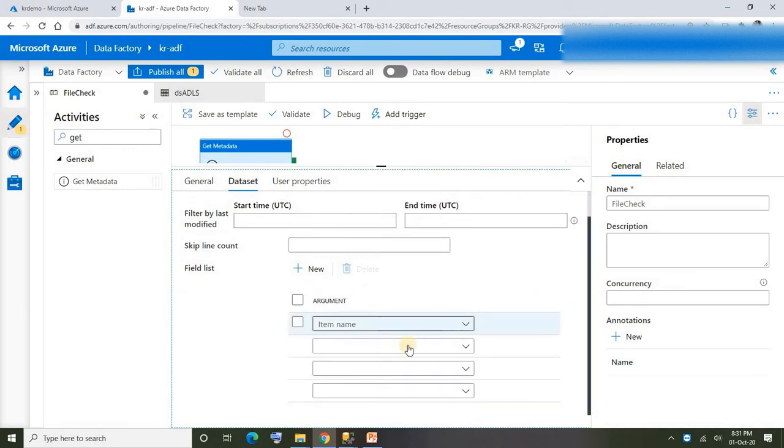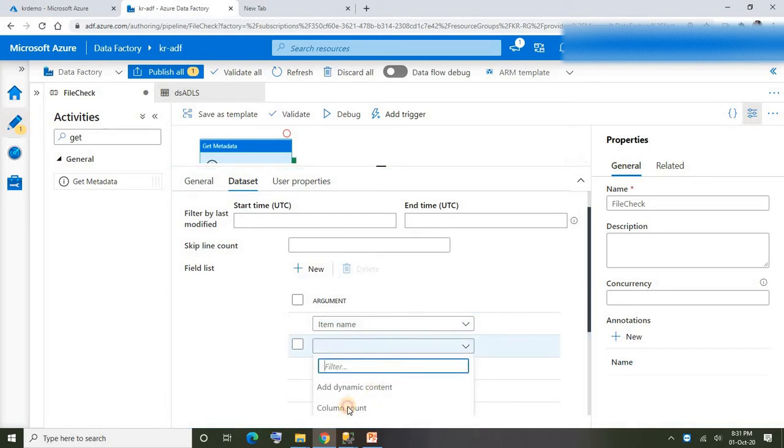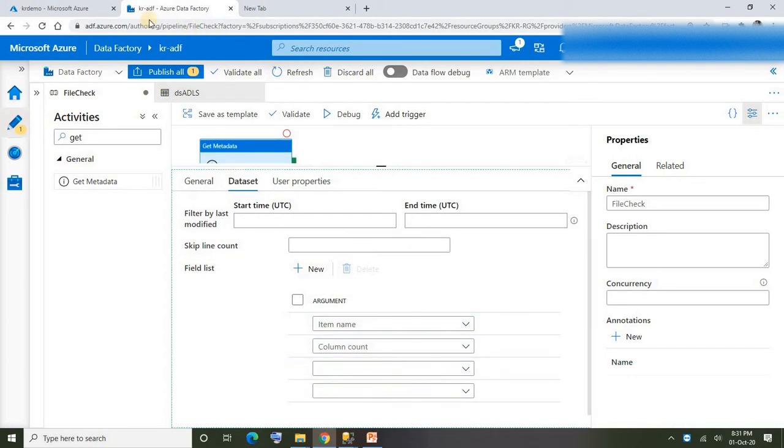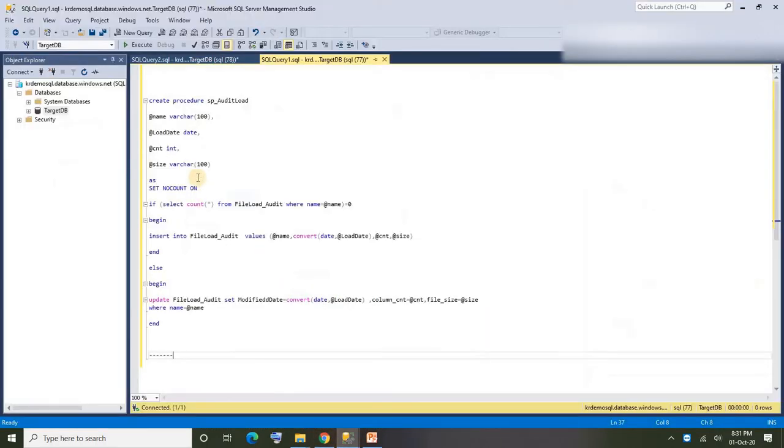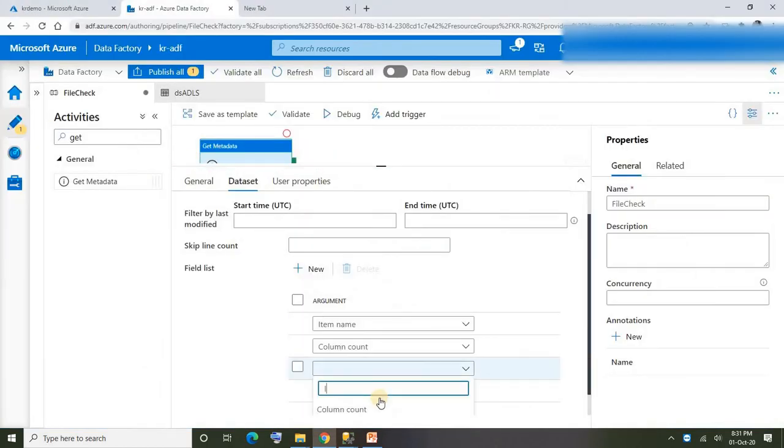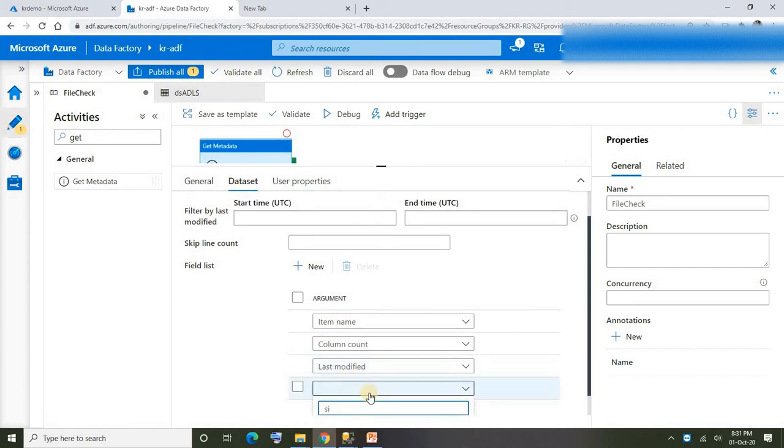All right, fine. And also we need to get column count. Fine, I'm gonna get all the metadata details based on the stored procedure parameter values. Here you could see name, date, count and size. Fine, last modified date and size of the file. That's it.